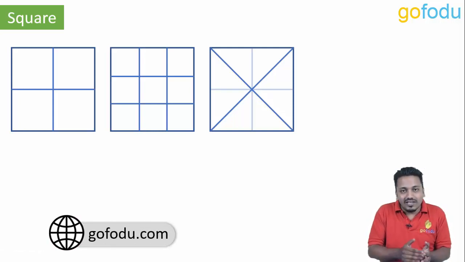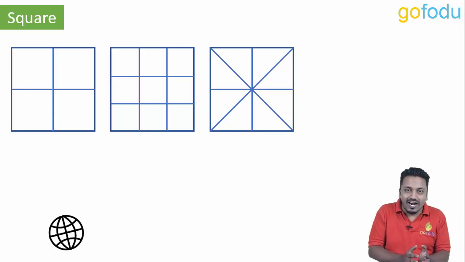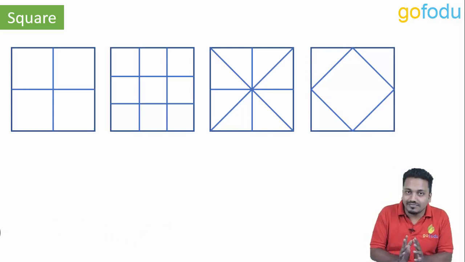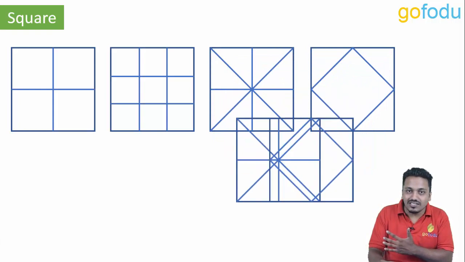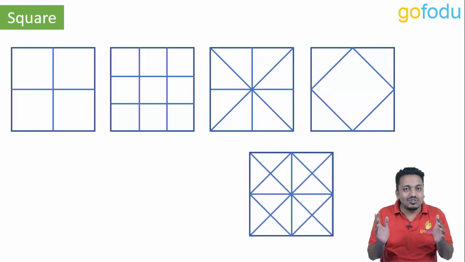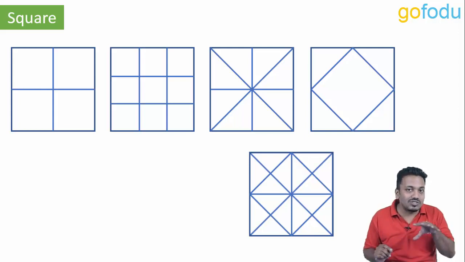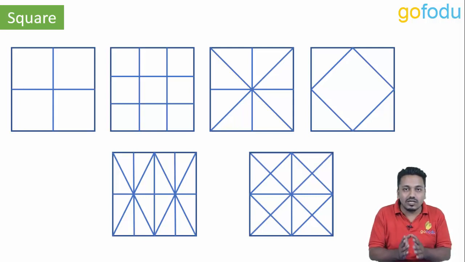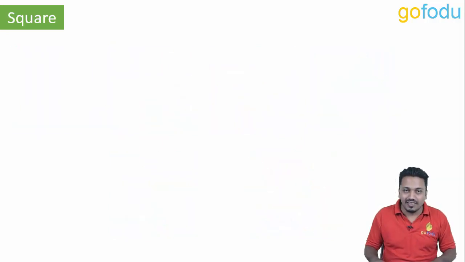We can also make 8 congruent right triangles, and we can divide it into a smaller square and 4 right triangles like this. Combine these two figures and we get the square dissected into 16 right triangles. There is one more way to dissect the square into 16 congruent right triangles. Look at this figure. Now I want you to pause the video and pay attention to how the cuts are made. You should be able to recall the pattern when you see a random figure like this.